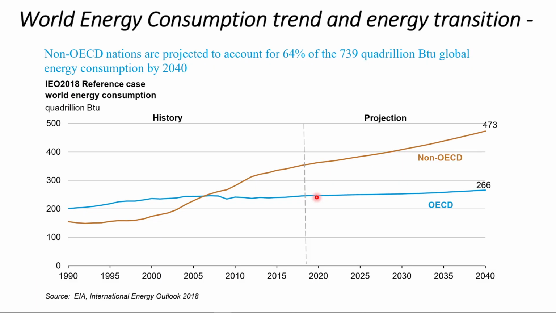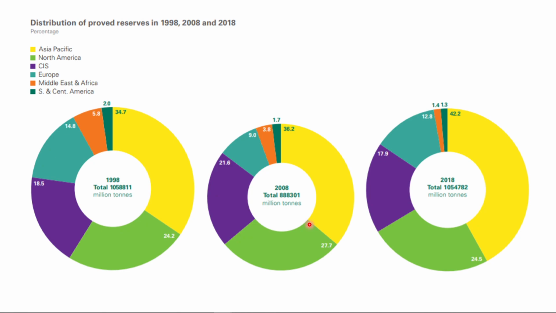One more picture to show you where the demand for energy consumption is going to be coming from. This is the projection, but telling the same story: the energy demand is going to be coming from non-OECD countries rather than OECD countries. We just talked about reserves, so we're building up evidence to make a prediction of what their energy usage is going to be. Remember, most of these non-OECD countries are still using a lot of biomass, and we are expecting them to switch over to fossil fuel, especially